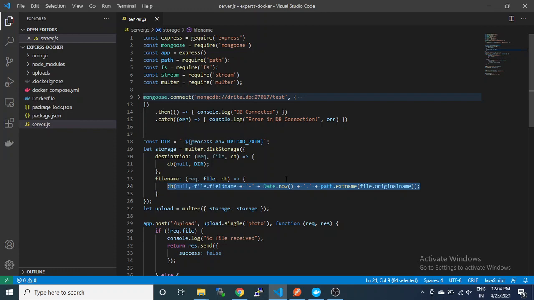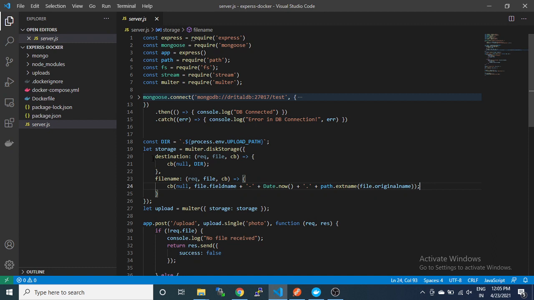Here I have made the filename with the date, which will give a new random milliseconds number, and then the file's original name. So it will generate a new file name which is unique.